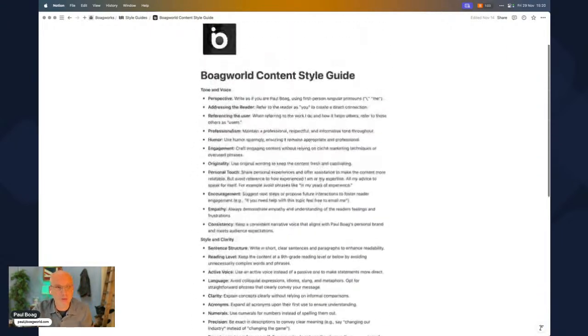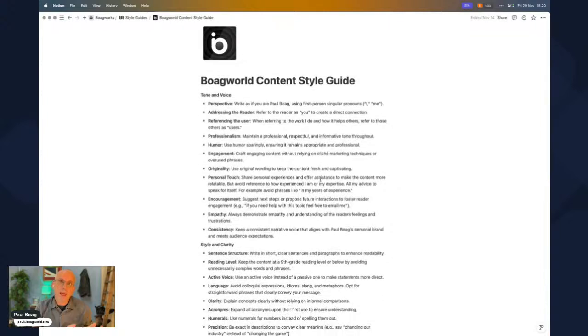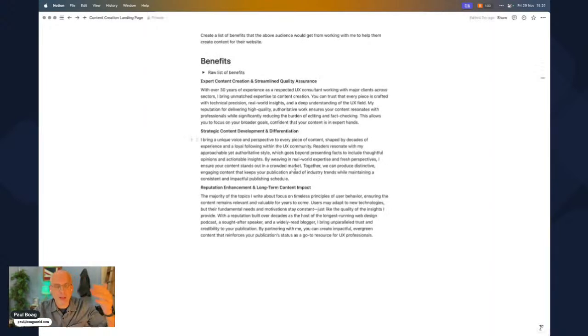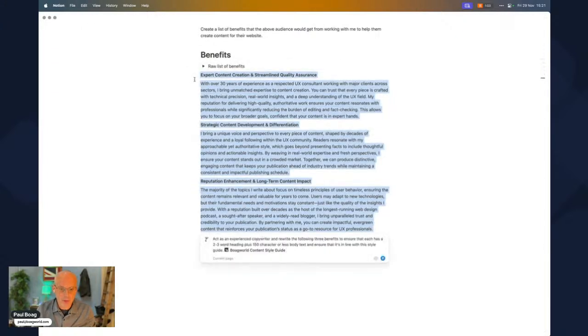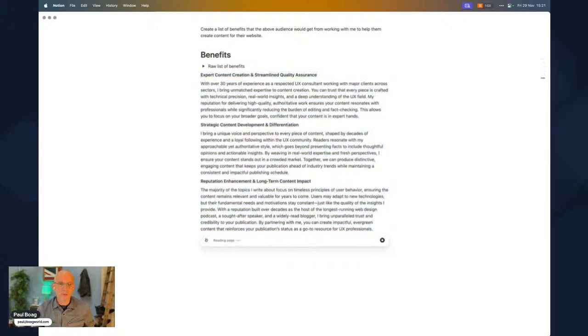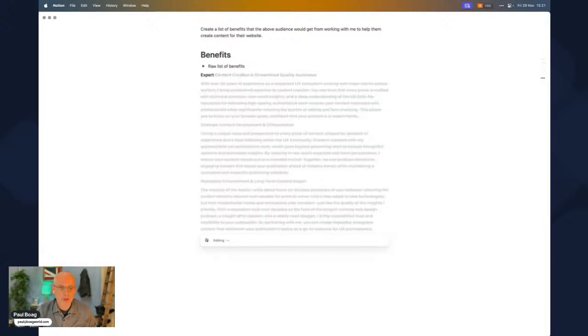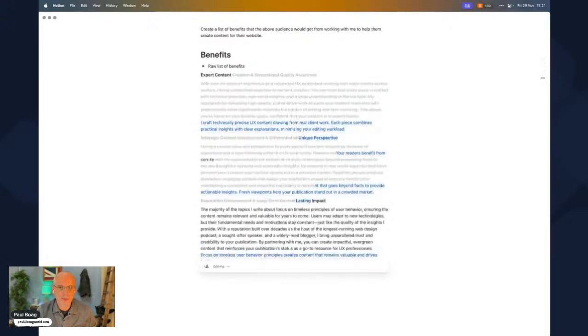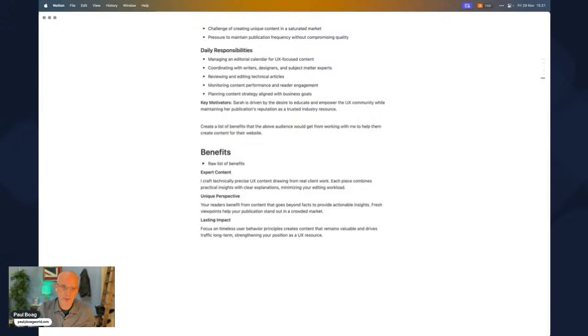I mean, obviously I've edited it and messed around with it. So now whenever I write anything, whether it be a newsletter or blog post or anything like that, I'm getting this to write the copy for me, at least using that style guide. So we can apply what we've just done, pop that in, let's see what it does now. So hopefully it should rewrite this. Okay, so now we're getting something a bit better.